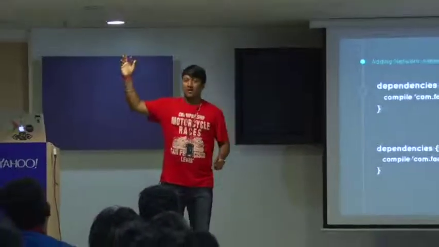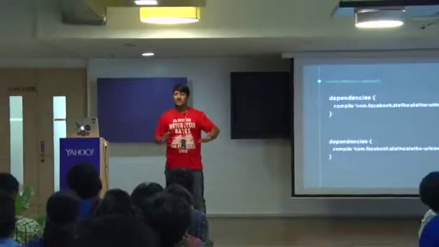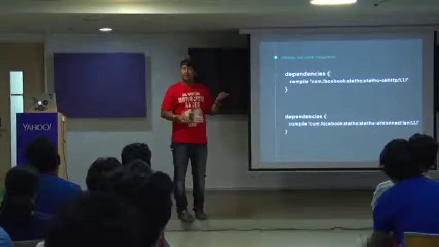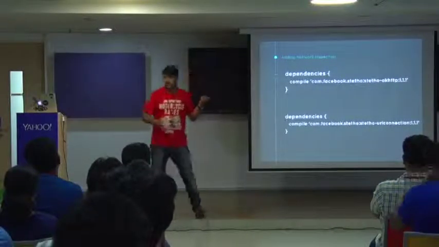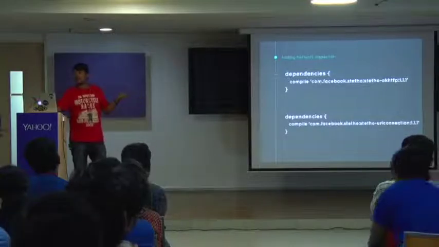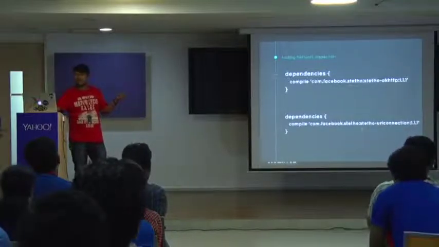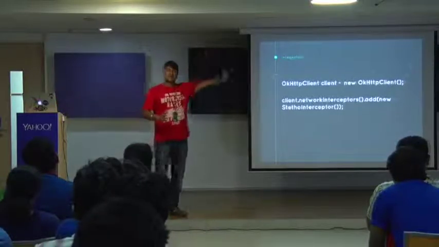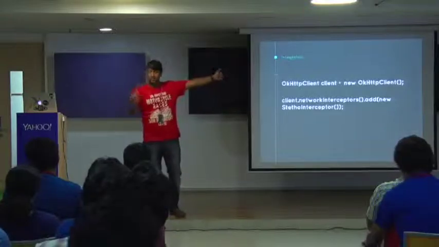If you are using HttpURLConnection, you can use the connector which is available. The HttpURLConnection connector has some limitations with gzip, but OkHttp works out of the box, and we'll be seeing that only. Similarly, for images, if you are using Picasso, Glide or anything, you need to add an OkHttp dependency to it, because it needs a network layer to intercept. It doesn't work out of the box like other things. You need additional code changes. So add either a Stato HTTP interceptor or HttpURLConnection interceptor, and you need to do these 2 lines.